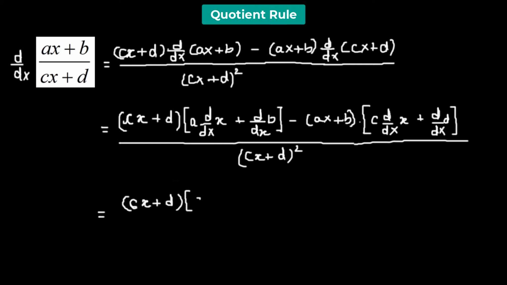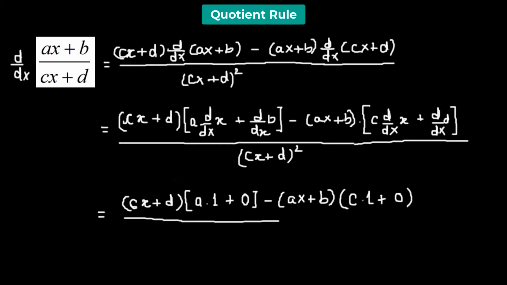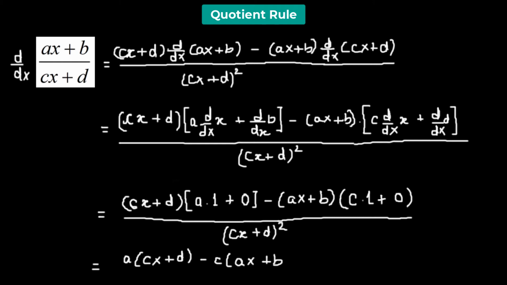multiplied by a times the derivative of x, which is 1, plus the derivative of b, being a constant, is going to be 0, minus ax plus b times c times the derivative of x, which is 1, plus the derivative of d is going to be 0, divided by cx plus d whole squared, which is equal to a times cx plus d minus c times ax plus b, divided by cx plus d